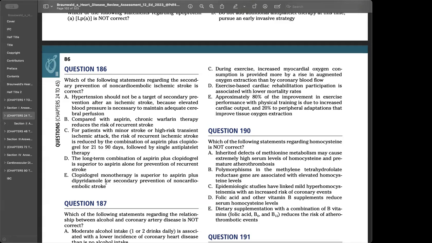Option E, dietary supplementation with a combination of B vitamins, that's folic acid, B6 and B12, reduces the risk of atherothrombotic events. Studies have shown that despite the fact that folic acid plays a key part in the metabolism of